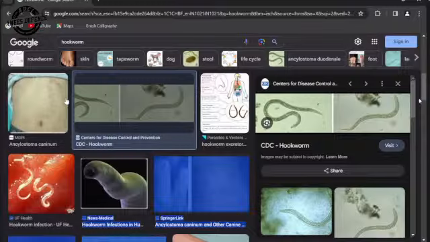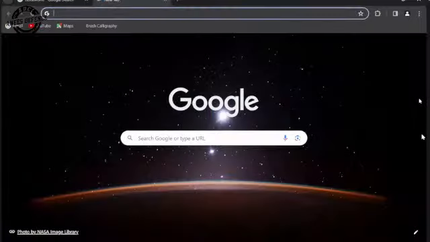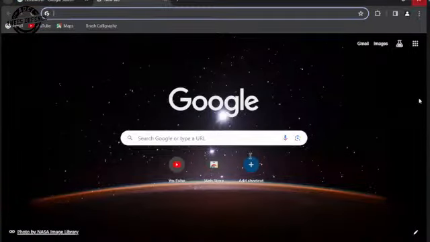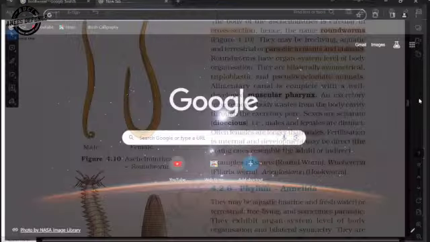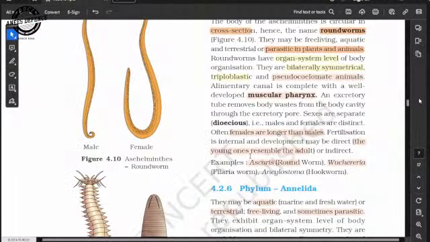Firstly, they damage the small intestine. Then only it can circulate to different parts of the body. It gets food from our body. What we are taking up, it will take from that.